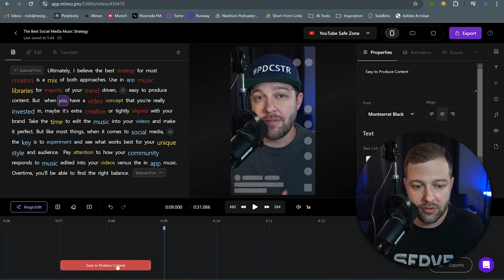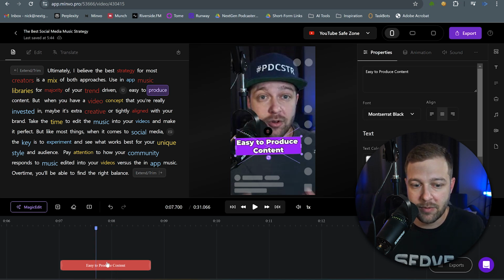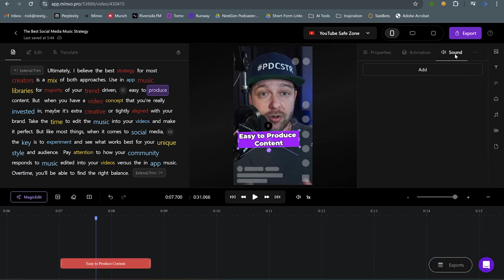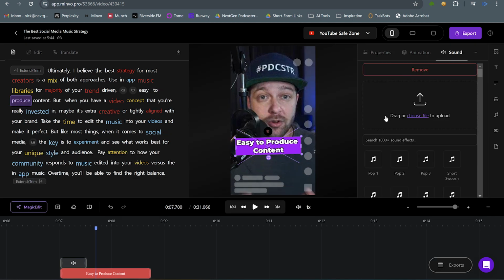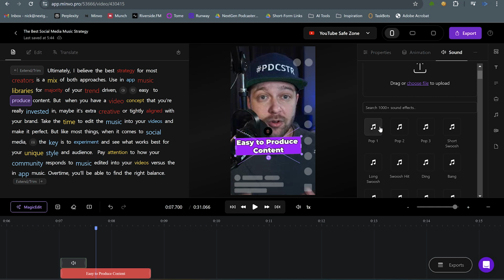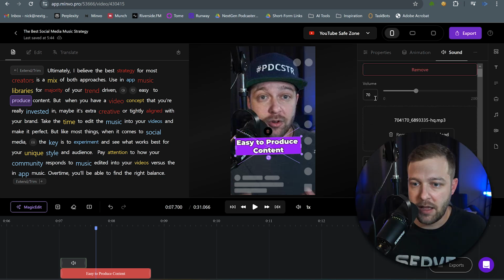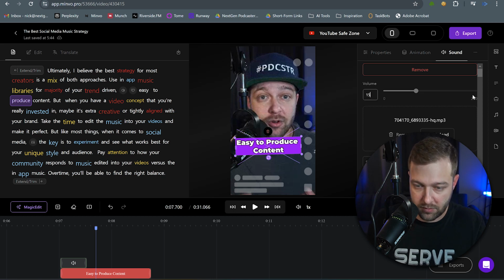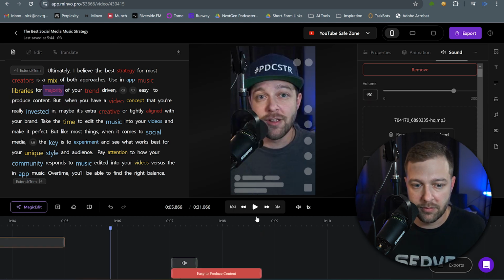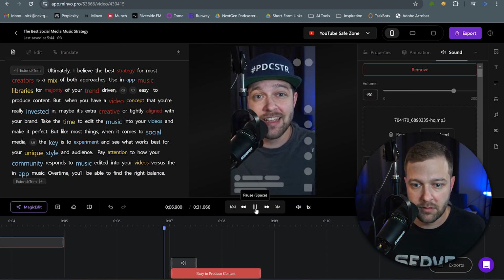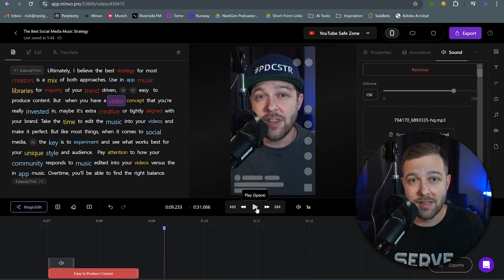And to do that, all we have to do is click on the element that we have here. And we have a bunch of different options, but we have sound as well. So we'll click that, and then we'll click add. And now we want maybe like a pop sound to bring that text on the screen. I'm a big fan of this pop 3, and then I'm going to bump this up to 150. So now when we play through this, it actually makes that pop sound when it